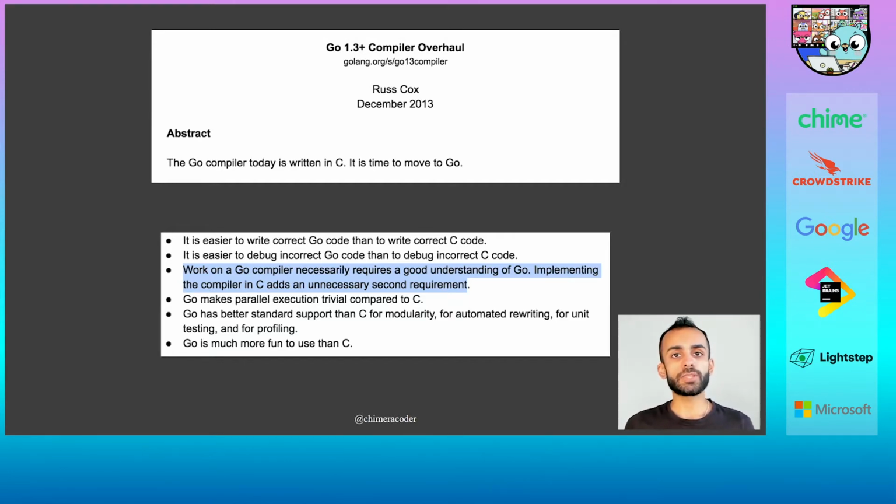We did that largely with the C to Go translator that translated the code automatically, and the remainder was done by hand, little fine-tuning fixes here and there. There's a great talk from the very first GopherCon about how we did this. But that only removes one language barrier, and there's still one more to contributing to Go.